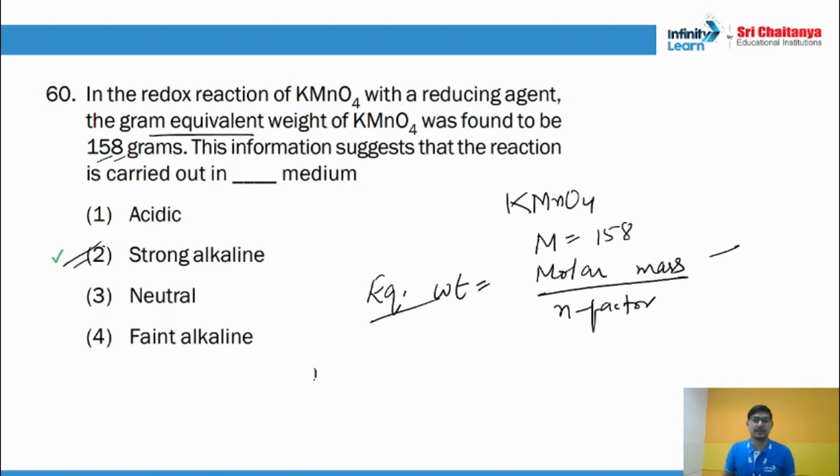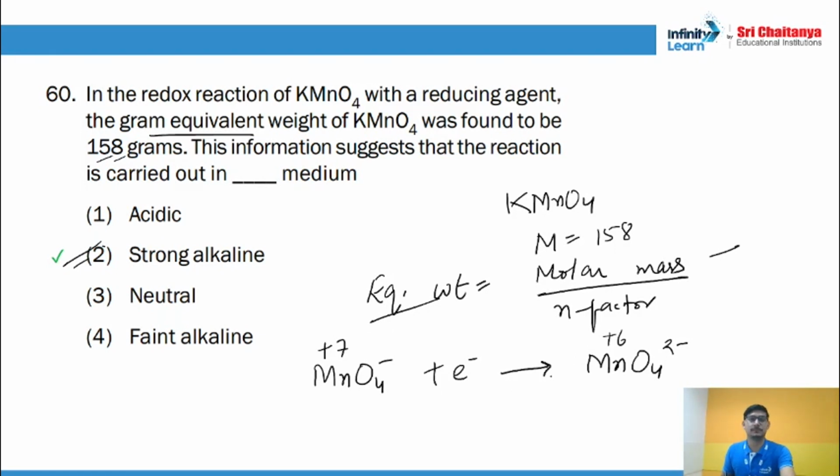So I can tell you the equation here also. Permanganate, which is in +7 state, just gains 1 electron per ion, and it gives you manganate ion, MnO4 2 minus. Here the oxidation state of manganese is +6, so it has just gained 1 electron. So this happens in strongly alkaline medium.